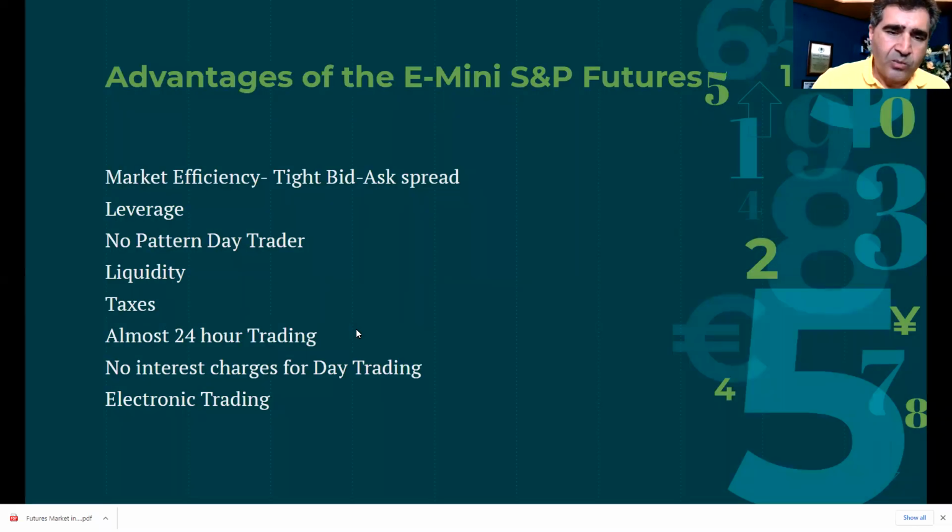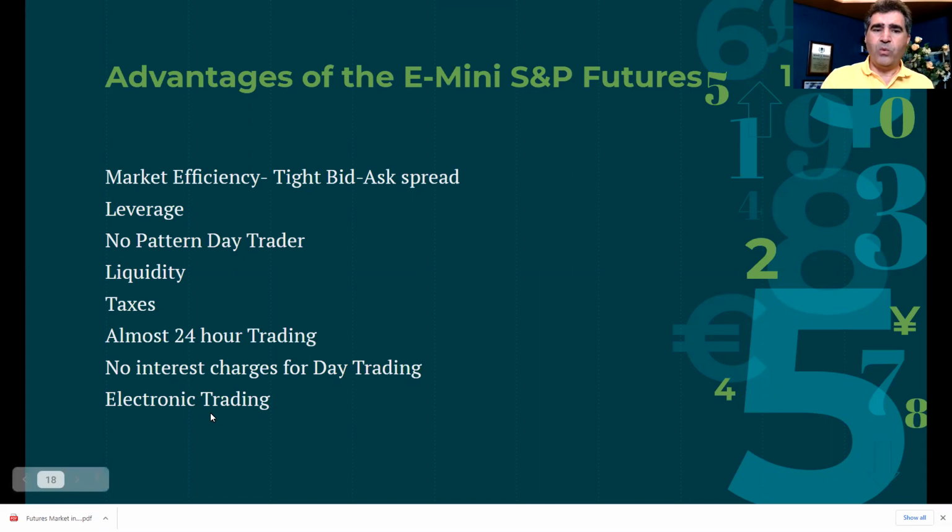So let's talk about, because most of us are familiar with the stock market, so I thought let's focus on the E-mini S&P futures, which is the S&P 500, and the cash market follows it very closely. They're very close, which is the SPX. So let's look at some of the advantages that trading the S&P futures offers, and why it's enticing to understand a little more about futures and start trading it.